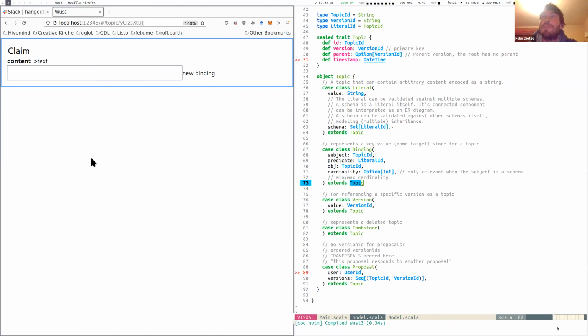That's what I was unsure about, because I didn't touch this code in half a year. Well, literal is a topic, right? It's a subclass of topic. Yeah, so pure text can be a topic. You probably want, I was more hinting at the entity relationship structure when we, for example, have supports,